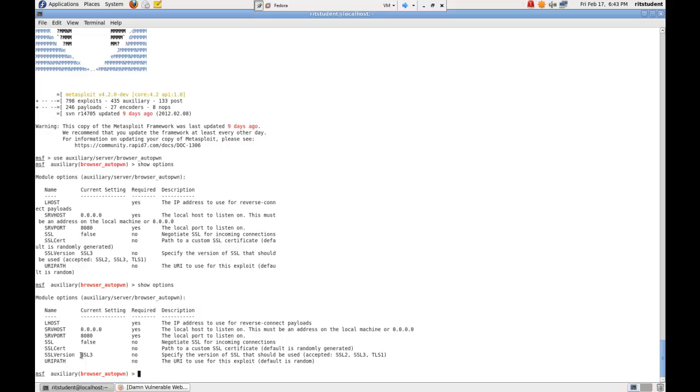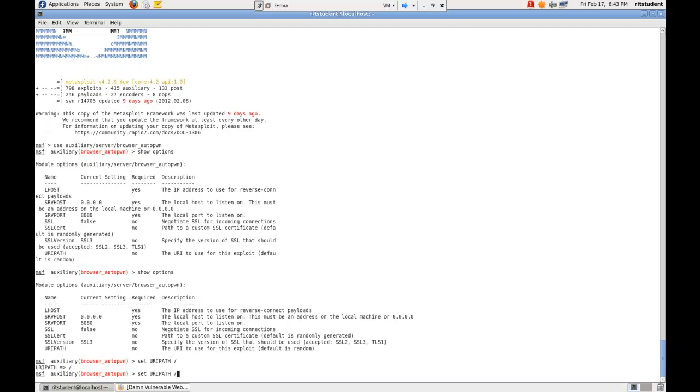For SSL cert, we can add an SSL cert if we want. SSL version 3, well, we're not going to use it, so it doesn't really matter anyway. And URI path. We're going to set that to the root. That is where we want to direct people initially to our malicious server. I think by default it's root, but let's explicitly set it anyway. So set URI path / and then we're also going to set lhost